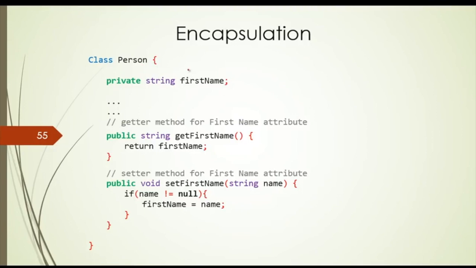It's private, so no one outside the class can access this field. To access this field, what we can do is write a method named getFirstName and then return the first name field from the class. Since it's a public method, anyone can access it, and the data inside the class will be passed through.